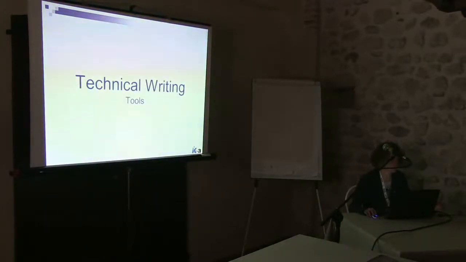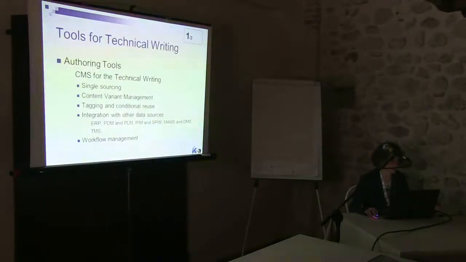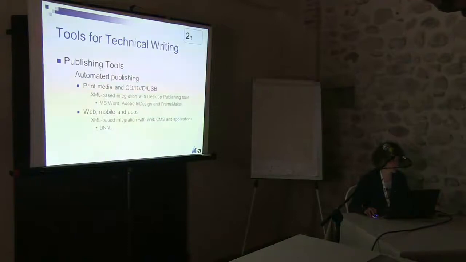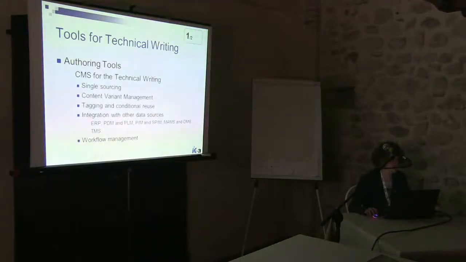What are the tools technical writers are normally using? Two kinds of tools. First of all, authoring tools, and then publishing tools. Authoring tools are essentially content management systems for the technical writer. The main features of the technical communication content management systems are single sourcing, content variant management, tagging and conditional reuse, integration with other data sources,